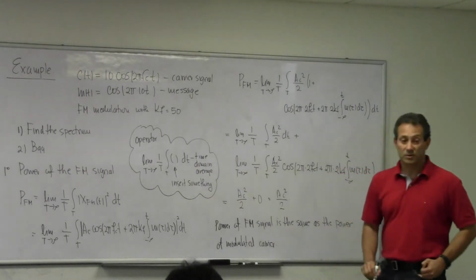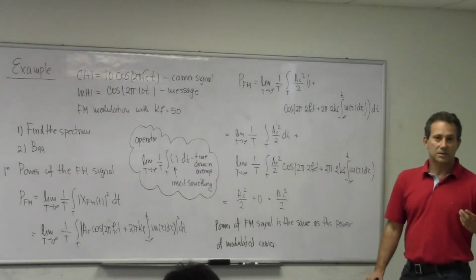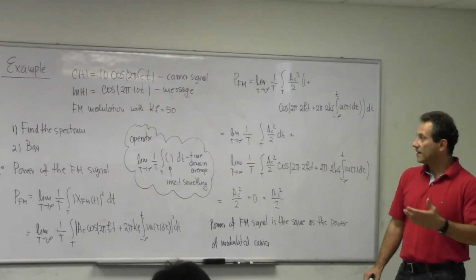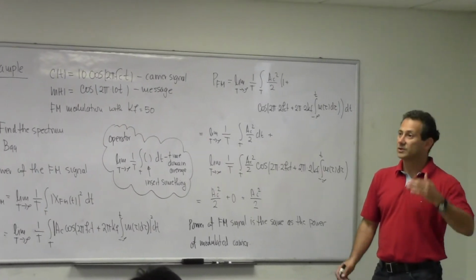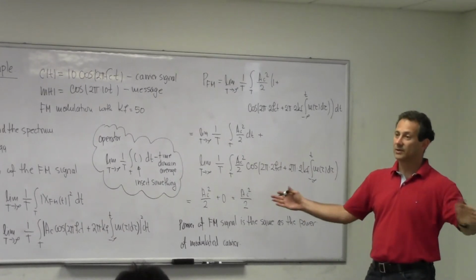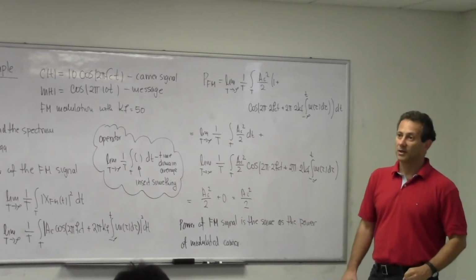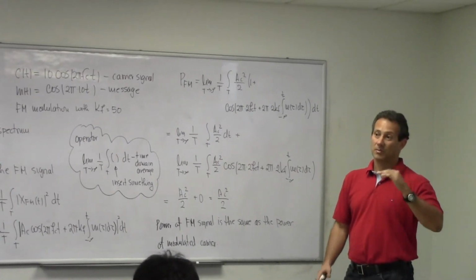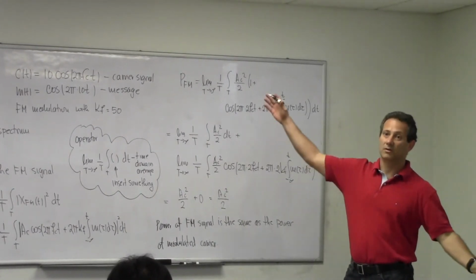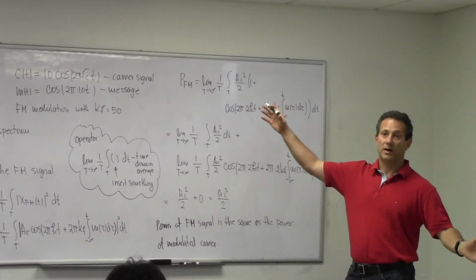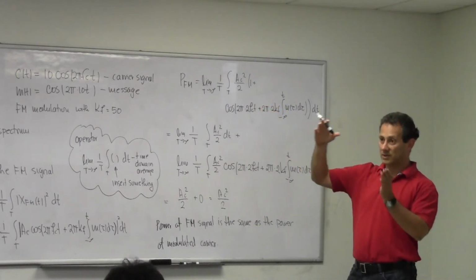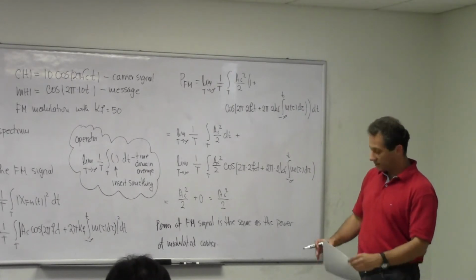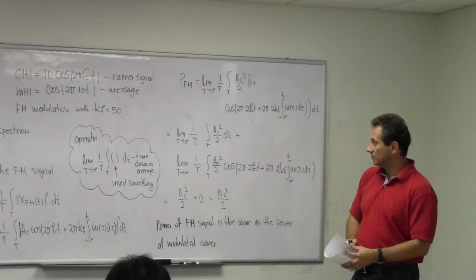This is very important, because that means the FM transmitter always works at a constant power level, regardless of whether the signal is modulated or not. And that's a very nice property to have. So that means your power amplifier doesn't have to be linear over a wide range of input power levels. As long as you're working in a small portion of the curve, it is still amplifying fine without introducing